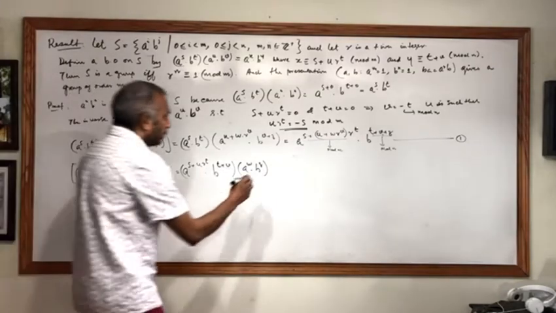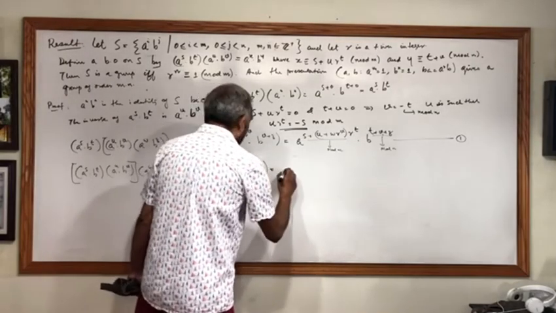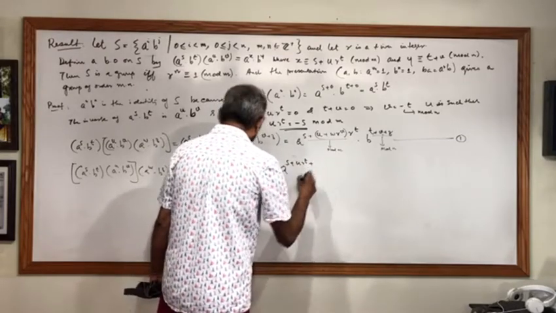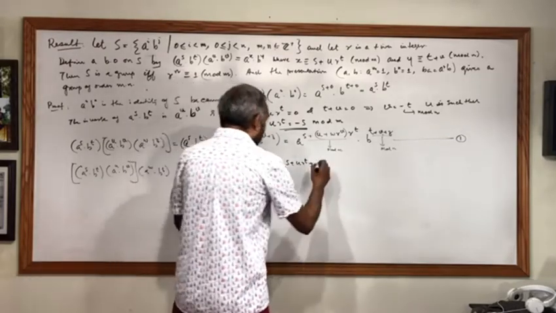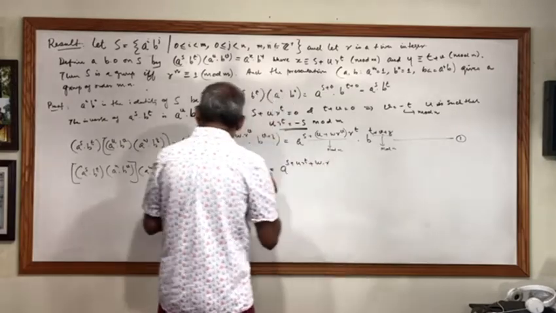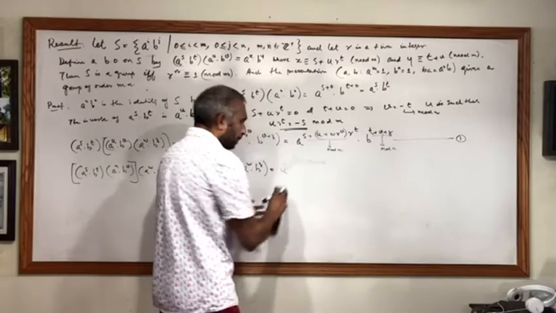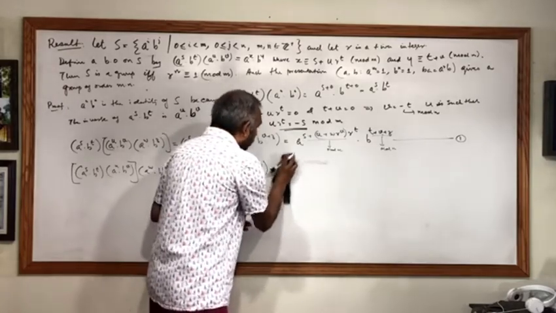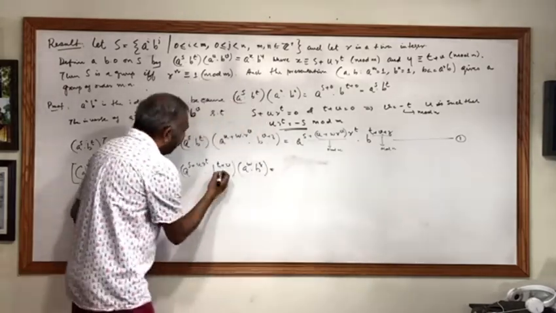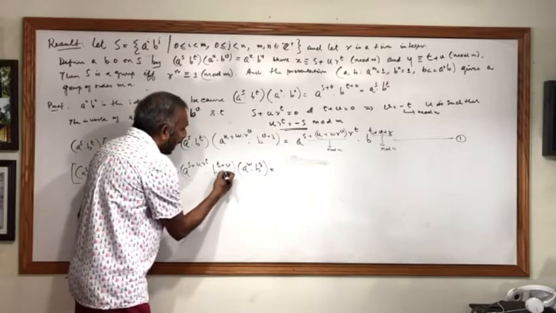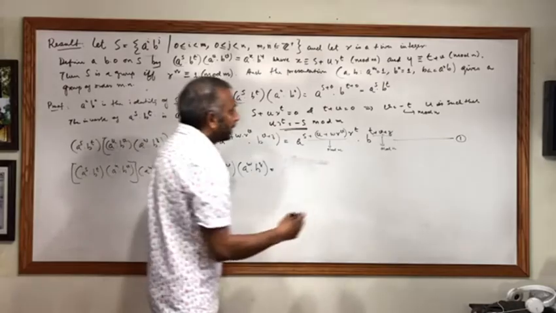And this is equal to a to the power of s plus u rt plus w times r to the power of... well, before we go here, what we need to do is we need to reduce this. This could be more than n. So let us assume